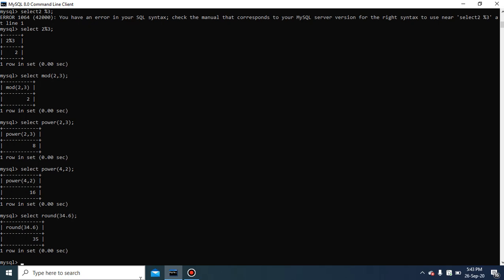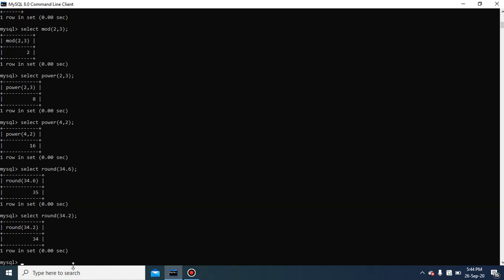Many types of arguments you can provide. If I write 34.2, after the decimal 0.2 is less than 5, so it will return the same. It will not round up, it will return the value as 34. See, the output is 34.